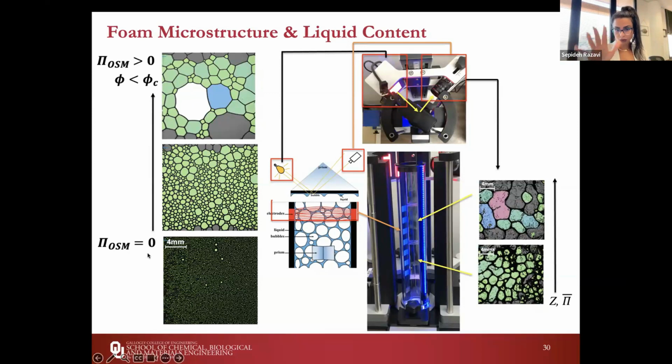So once you start the foaming, the bubbles are very spherical in shape. The osmotic pressure is 0. And these bubbles are spherical. They are not sustaining any contact forces. As the liquid starts to drain, these bubbles start to come closer. And at some point, they're going to jam, and they're going to also deform due to the contact forces into these polyhedral shapes, which results in higher interfacial areas. So now the osmotic pressure is larger than 0. So as the foam is draining, the liquid drainage can tell us something about the osmotic pressure in the system